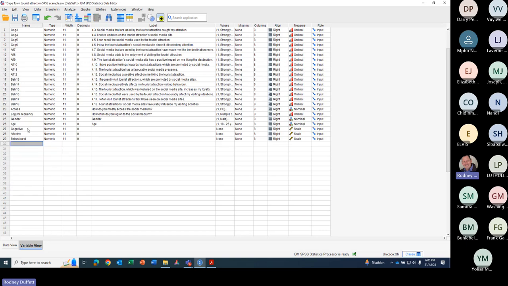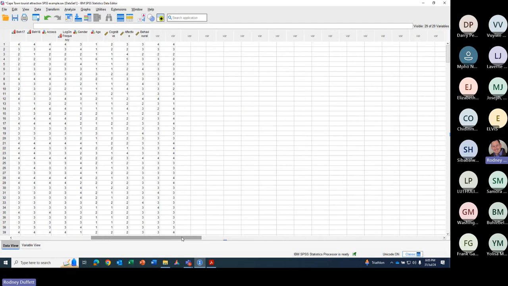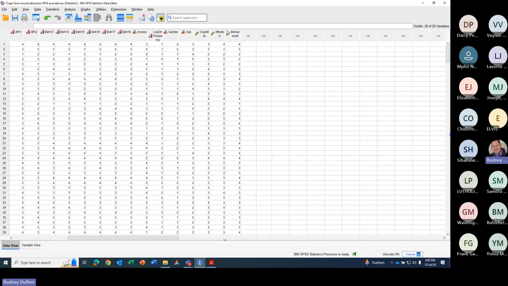And so now it's created these three variables. And if you go to the data view, you can see at the end, it's created new columns: cognitive, affective, and behavioral. It's calculated the mean value for the 6 cognitive statements, the 6 affective, and the 6 behavioral. So you need this for the cross analysis that you want to do, because if we go back to